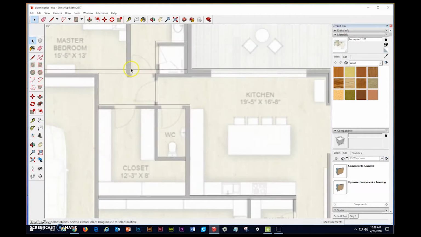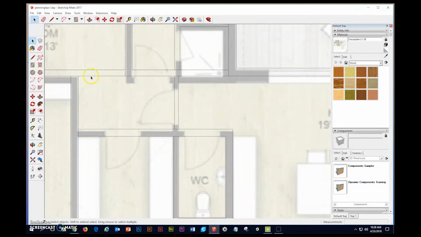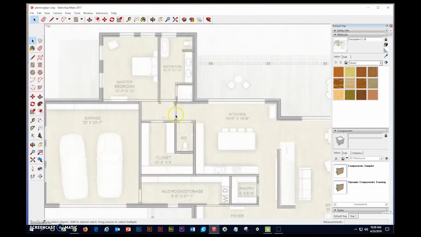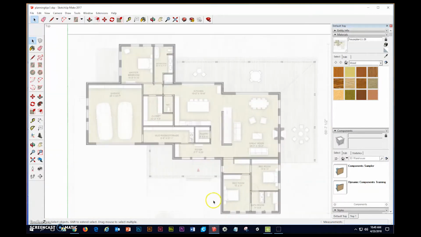In an older video I said go through and erase all of these lines in the middle, and that is certainly an acceptable way to do this, and that way you can pull it all up at once. I'm going to go ahead and leave them separate right now for simplicity's sake, and so I don't accidentally screw